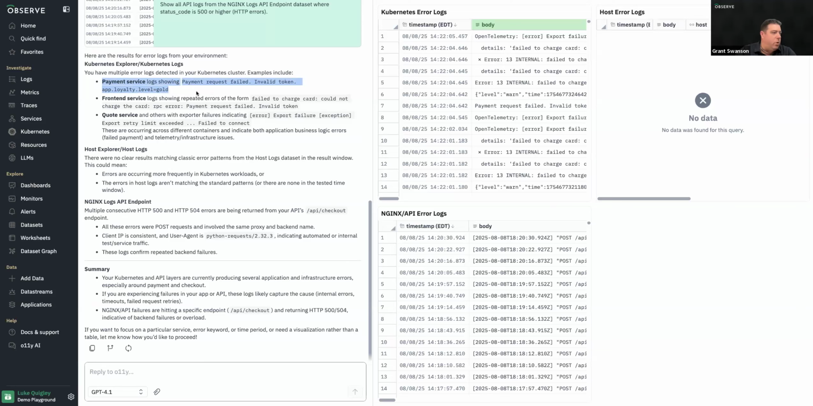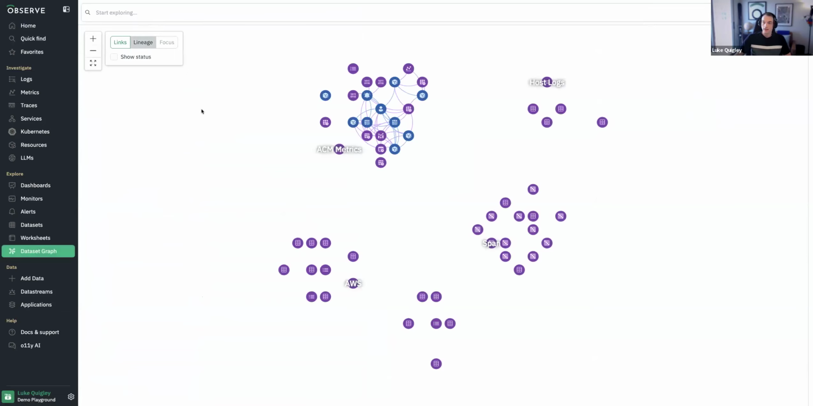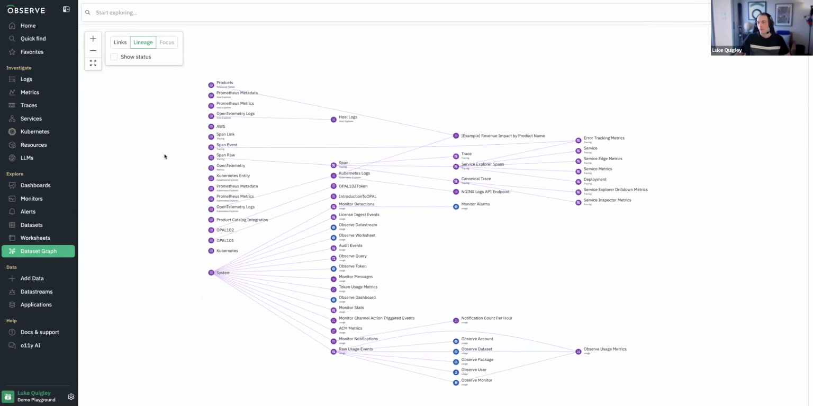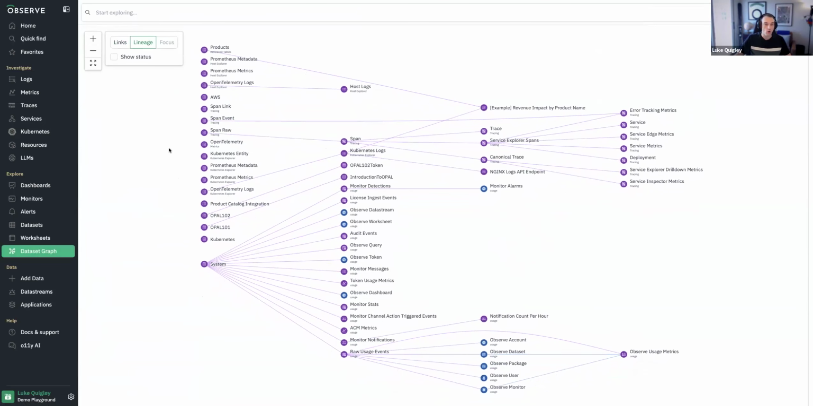Cool. We have time for one more question. So the question is, assuming Observe is SaaS, is there any option to run this locally? Yeah, it's a good question, right? So Observe is SaaS only. Currently, as of August 2025, there is no way to run Observe locally. However,